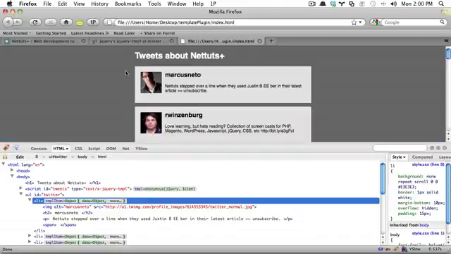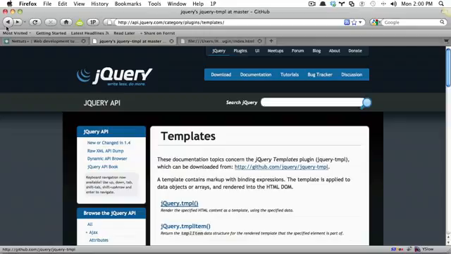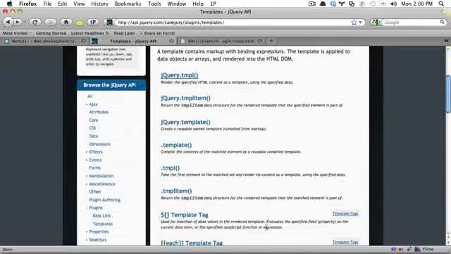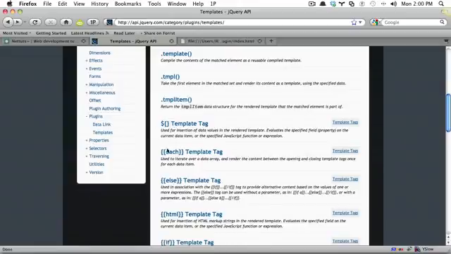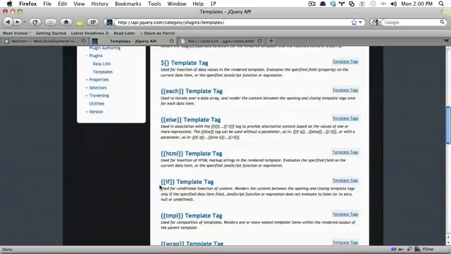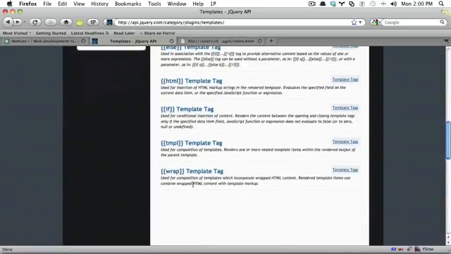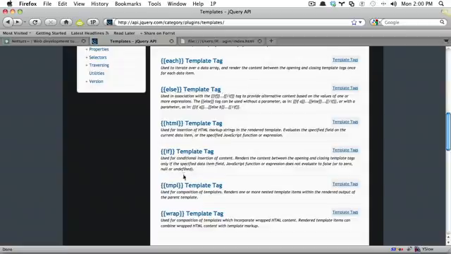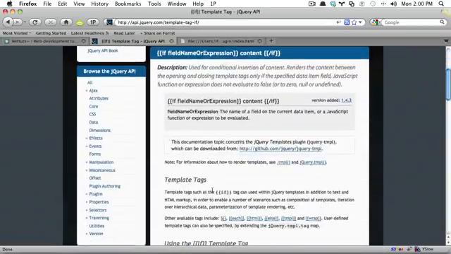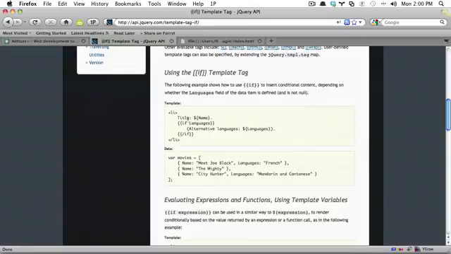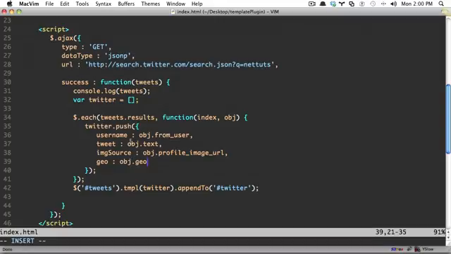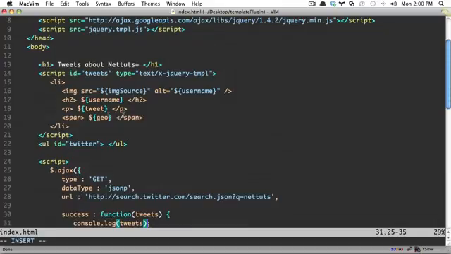So what you can do is use these if statements. So if I go back, they have the documentation here somewhere. Yeah, you see you have each one. You have else, so these little shorthand ones. So it's curly brace, if, close curly brace, and you also have else, stuff like that. So let's take a look at this one. And you see the basic format is opening if and then property name, and then you do the end if like so. So let's take a look at that, and if we go back, now I can say right up here,